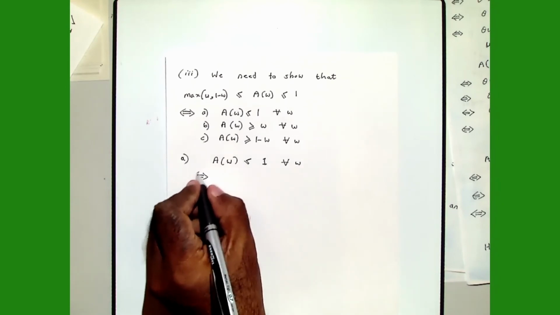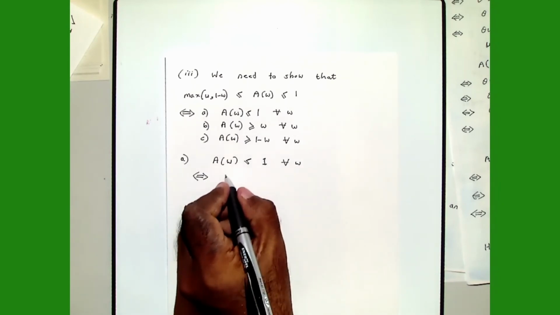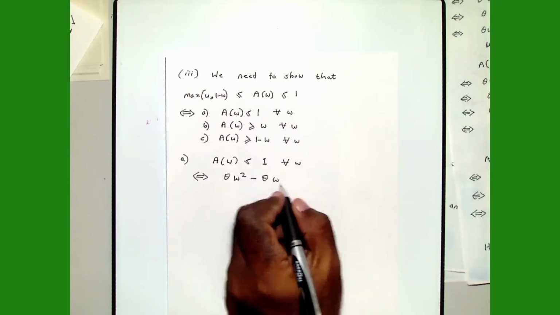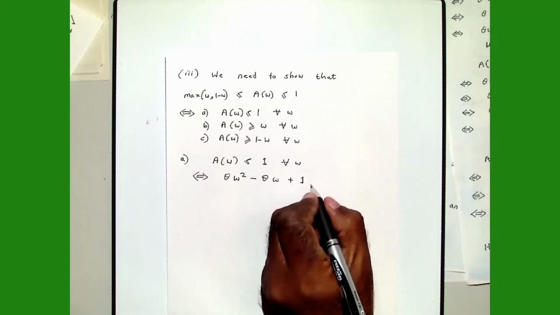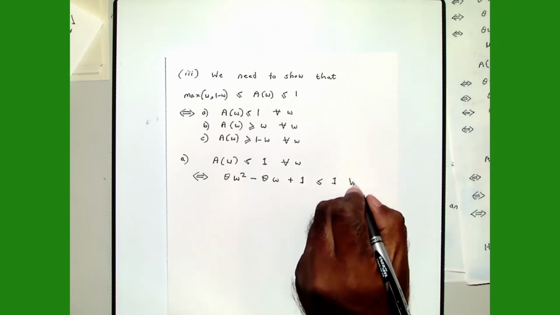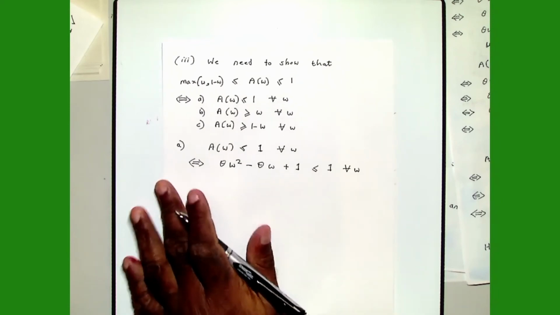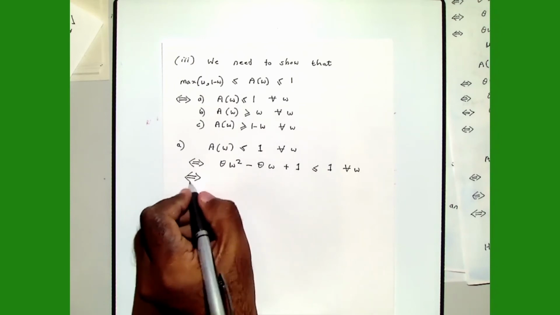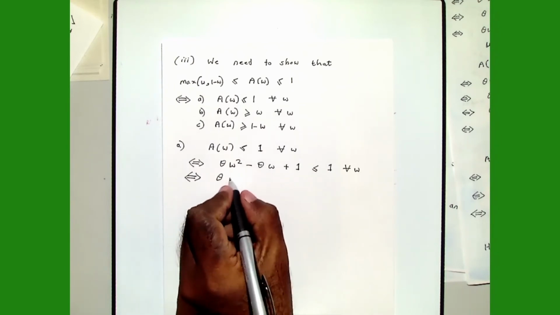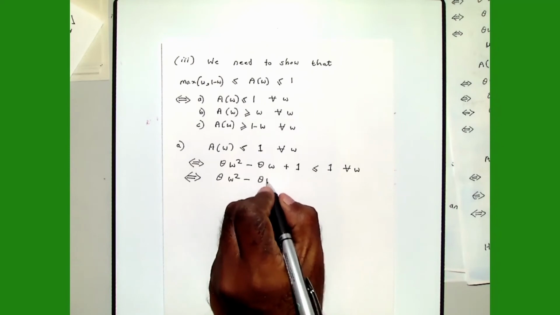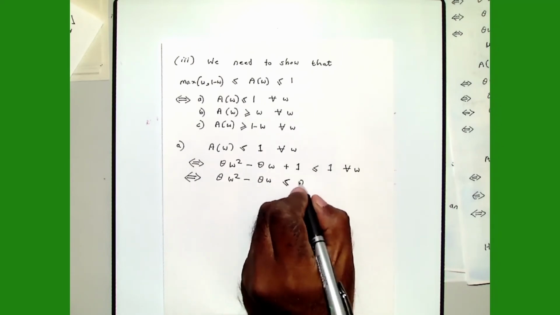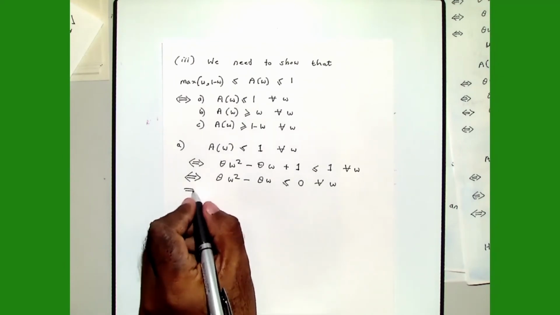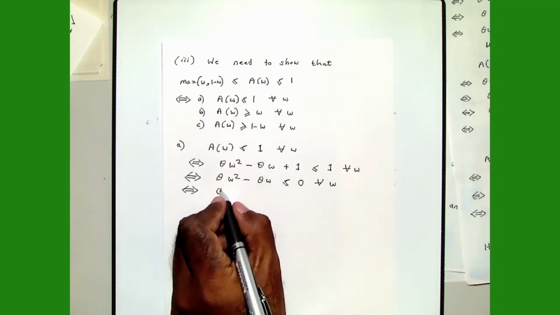So in this example, A of W is theta W squared plus 1 minus theta W. The 1 and the 1 cancel, so you get what? And this you can write as